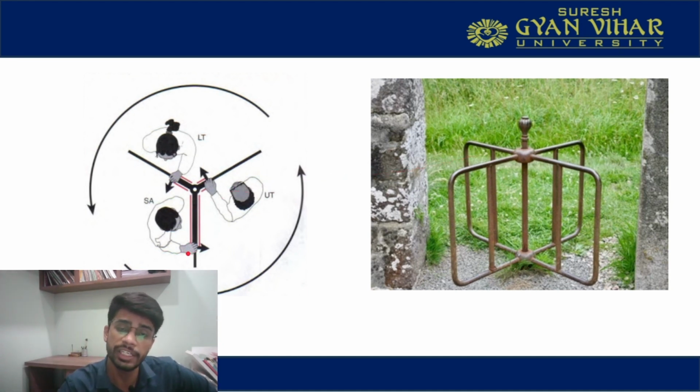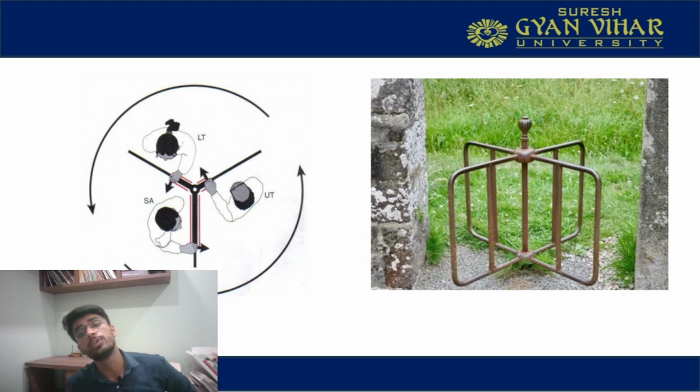So your serratus anterior is pushing this gate like this, your upper trapezius is pushing like this, and your lower trapezius is pushing like this. While the upper trapezius and lower trapezius are antagonists to each other, in the upward rotation they both work as synergists in order to upwardly rotate the scapula, and the main force comes from the serratus anterior.